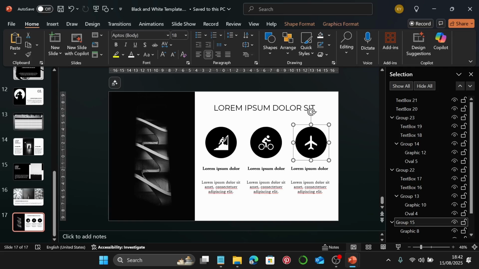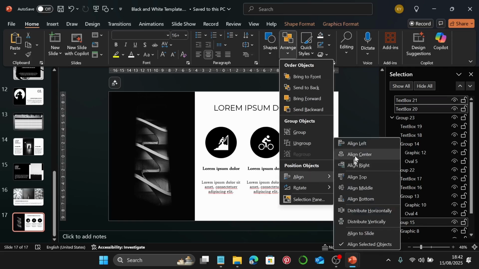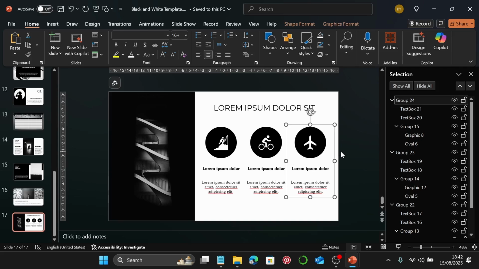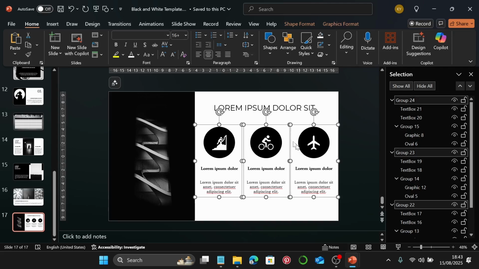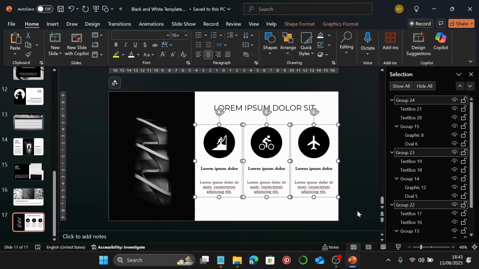Final one, select all 3, arrange, align center, and then group. Now I'll just maybe move this one all the way to this edge, and I'm going to select this one and move it to this edge, select all three, arrange, align, distribute horizontally,